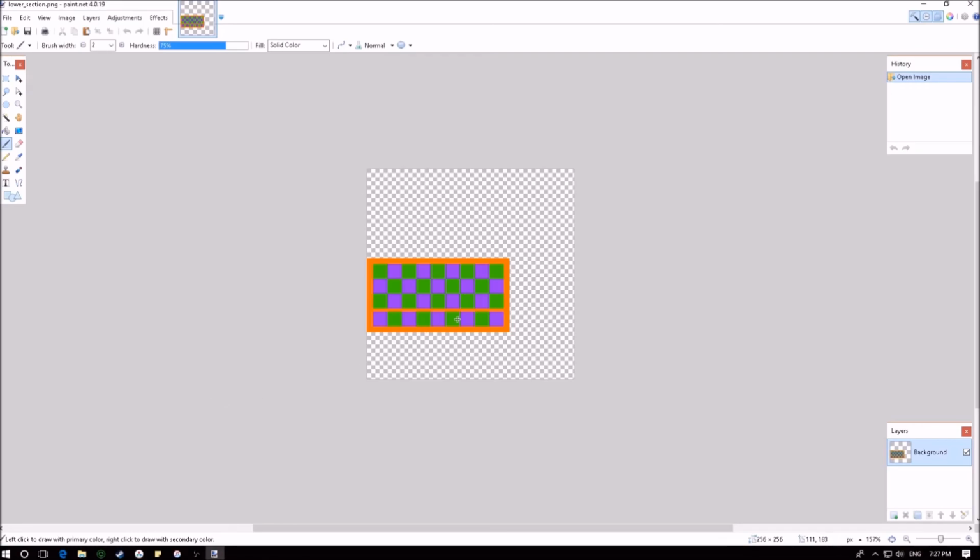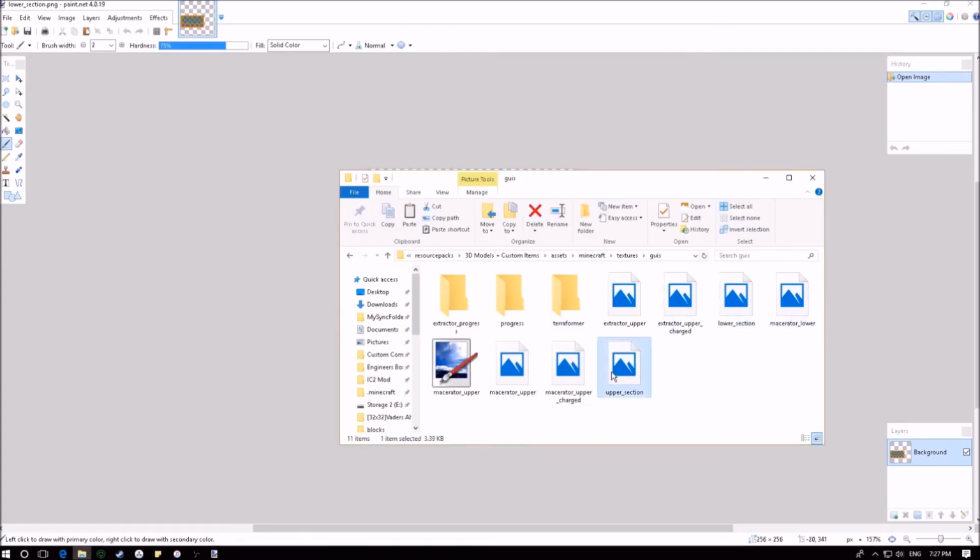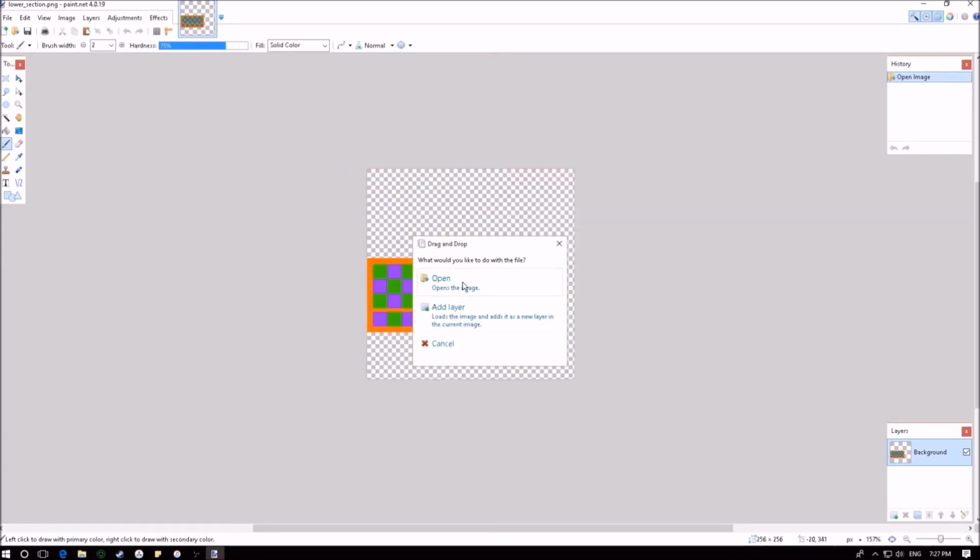So that's pretty cool. You can actually just do a custom overlay of that, and each of those purple and green squares are your inventory slots. So they're the things you can look out for to make sure that you've got space for items and you don't have overlapping. Now if we take a look at the upper section, we can see that it is